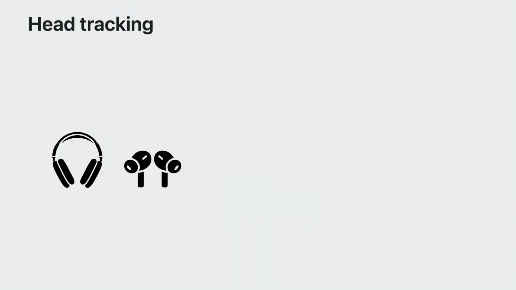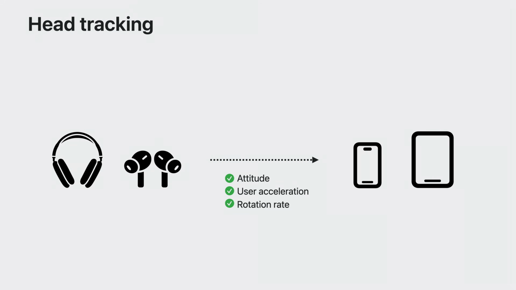Not too long ago, spatial audio with dynamic head tracking changed the way we experience music and movies. Dynamic head tracking relies on the same device motion algorithms that live on iPhone and Apple Watch. When CMHeadphoneMotionManager was introduced a couple years ago, the same data that made dynamic head tracking possible was made available to you.